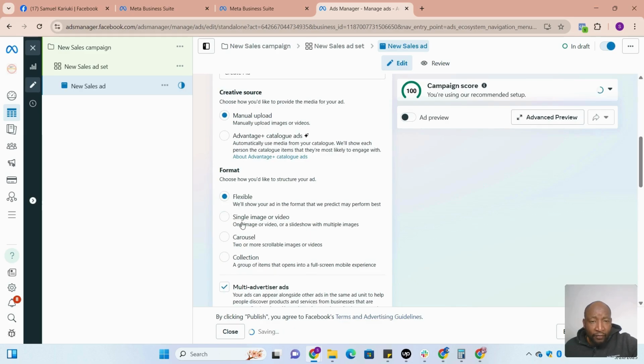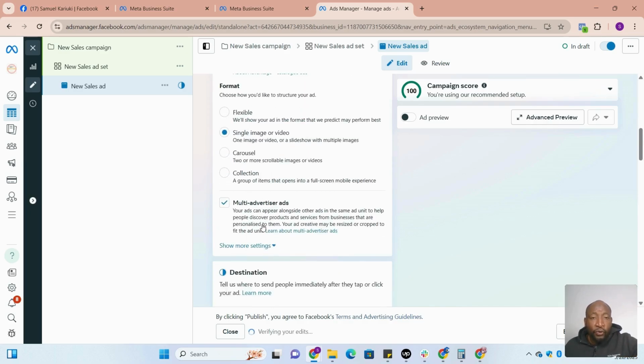You can have flexible format. You can have single video. So flexible format is where you can use up to 10 different images in one ad. Single image ad, this is where you use one image or one video for the ad. Here you can use a combination. For flexible, you can use even a combination of images and videos. Carousel, this is where you have a carousel people can flip over. And a collection, this is where you have full mobile screen